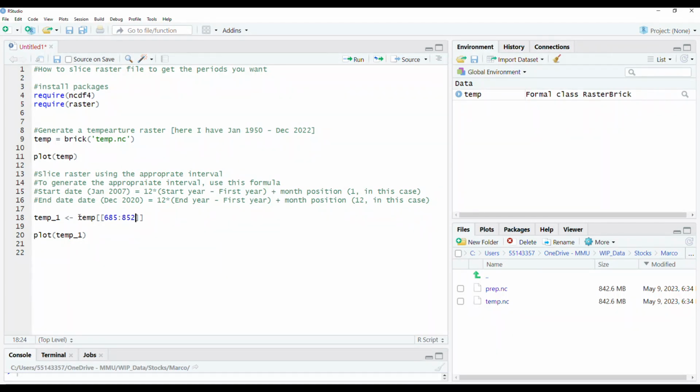852. Now, this is the original temp data that I have that contains all the bricks, and this is not a function, this is just simply saying I want to subset. I want this data to only contain bricks from 685 to 852, and let it be stored in a new container, which I call temp1. So if I run that now, I have this. So what I've simply done is create a raster stack. I've stacked each of these dates on each other, and if I plot my temp1, you see now that I now have